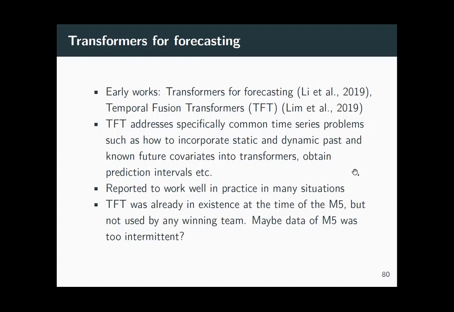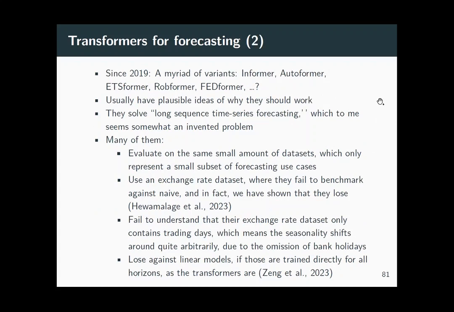Good. So yeah, now transformers. I mean, I've talked about it at the beginning. There are these foundational models, they are coming. So I'm by no means claiming transformers are not good for forecasting. But what I'm saying is that they are not the silver bullet, at least not right now, right? So sometimes they work, sometimes they don't. Let me tell you why I think that.